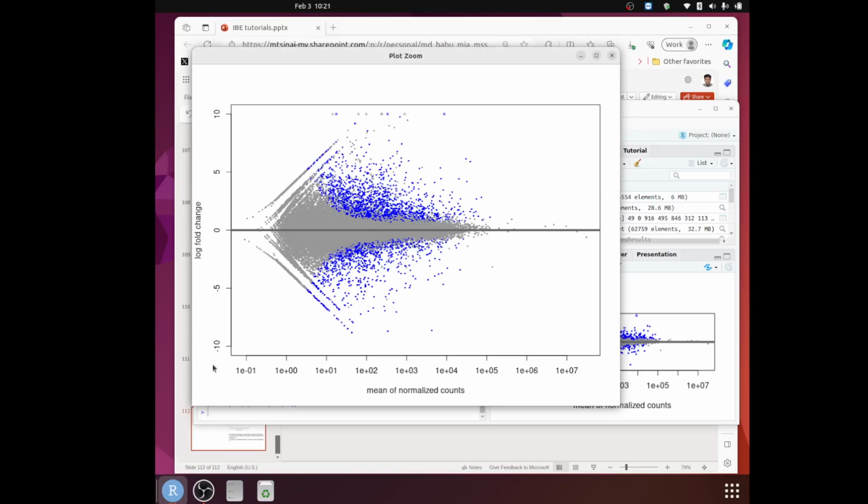So as we talked earlier, the left side is the log two fold change, and the right side is mean of normalized counts. The dots represent your genes. Now this is the middle line. Now, from this line, the more deviated they are, for example these and these, the higher the log two fold change,